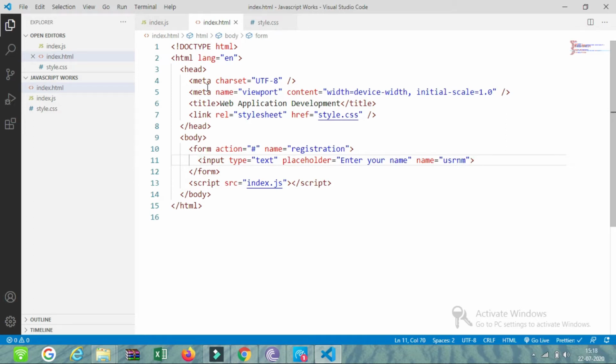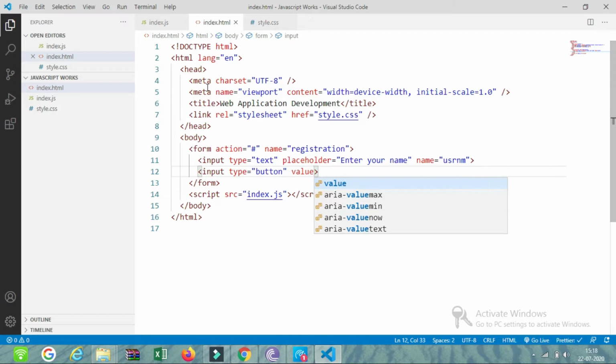We can also create a submit button, input type button, and set its value as submit or register. So this is our form.